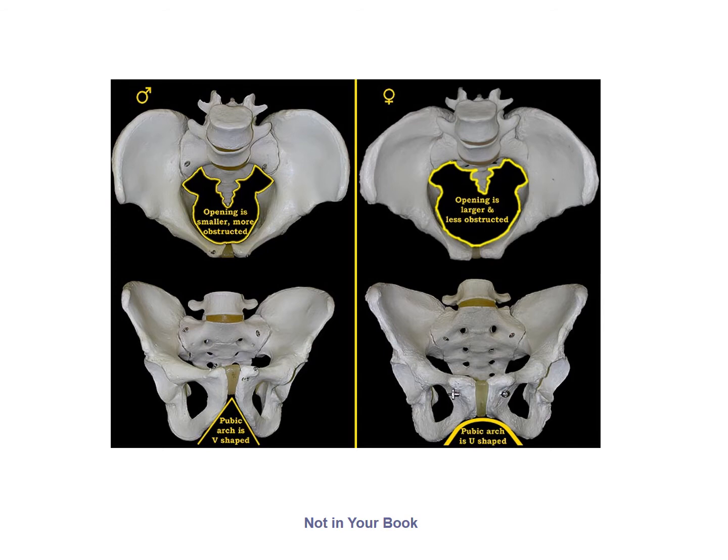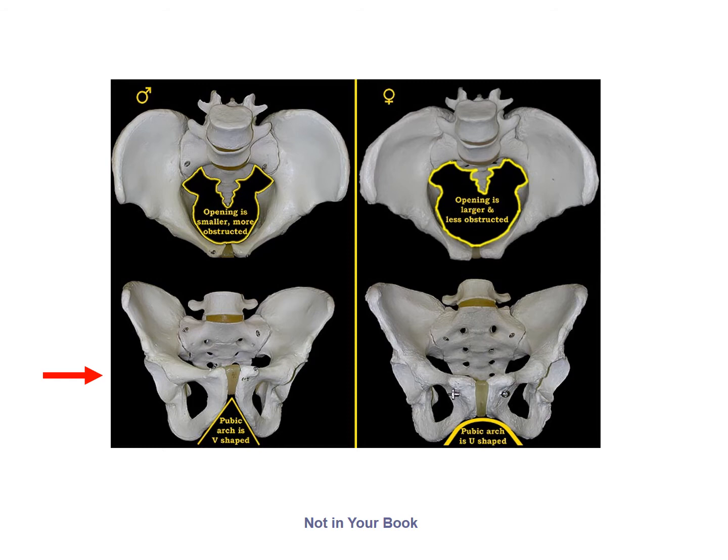This figure illustrates the differences between the male and the female bony pelvis. On the left, we have the male pelvis. On the right, we have the female pelvis. The figures at the bottom show an anterior view of the bony pelvis. Notice that the male pelvis is much more narrow and also deeper compared to the female, which is more broad